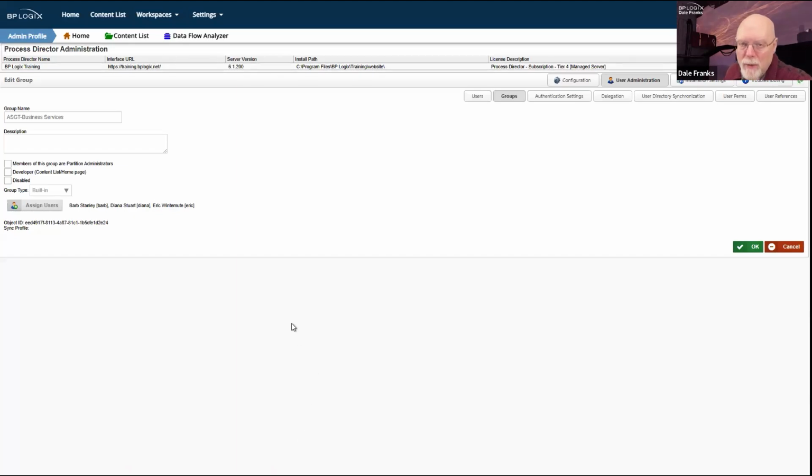So management at the group level, that's where we manage individual users. To the extent possible, everywhere else in Process Director, you want to use these groups as the basis for permissions or task assignments or whatever. Now, for task assignments, there's obviously an exception to that, which is the use of business rules, because there are some things where groups are not a great task assignment method, but they're not specific enough.